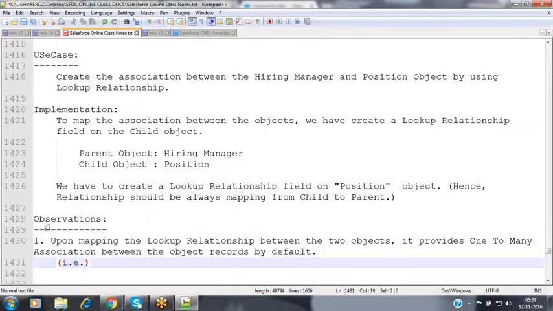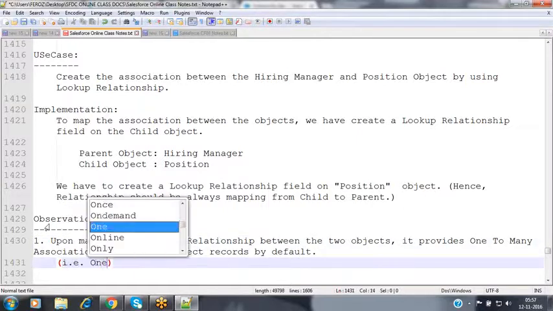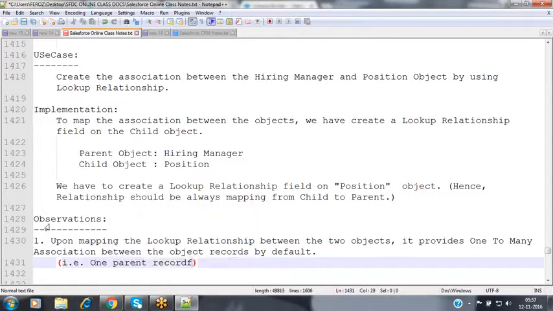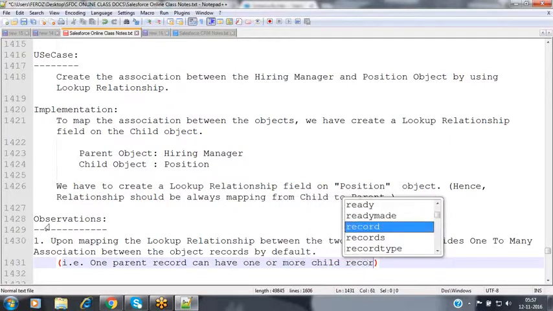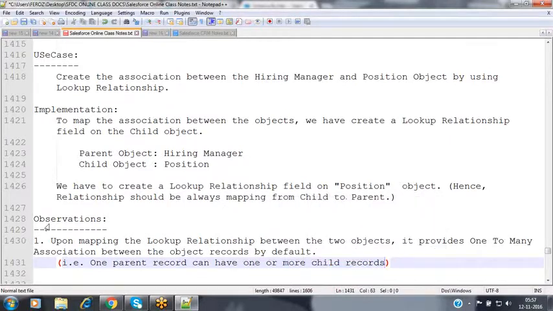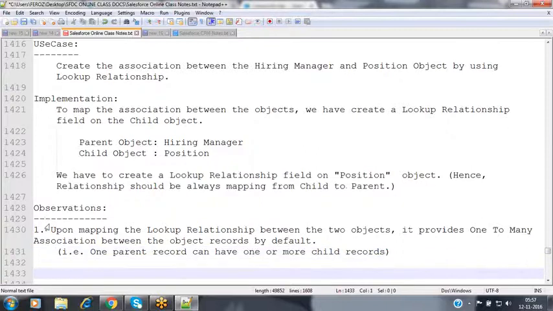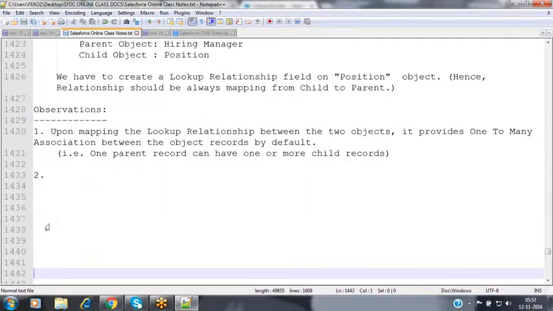That is, one parent record can have one or more child records. This is the first observation we have done.